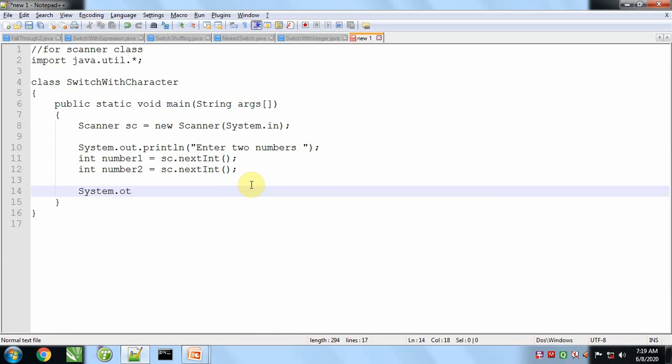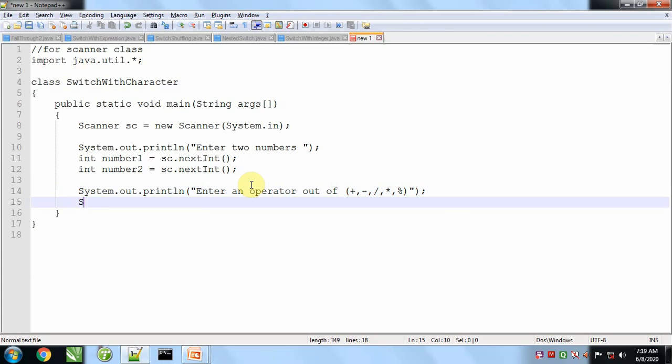We have to ask for an operator from the user. Enter an operator out of plus, and so on. Out of these operators we have to select one.